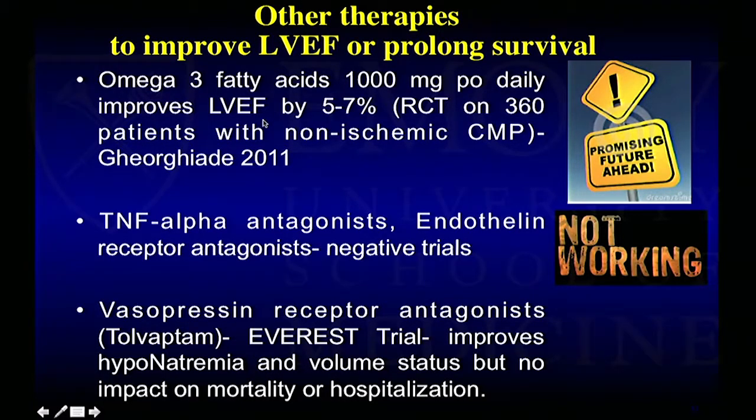There's also an acute version now that has been, I think, recently published, used as a direct diuretic with a price that's about $270 a pill, which is a day. All right, as a diuretic, that was -2. They did improve that, but it didn't improve any rehospitalization or mortality. So I would not use it as a